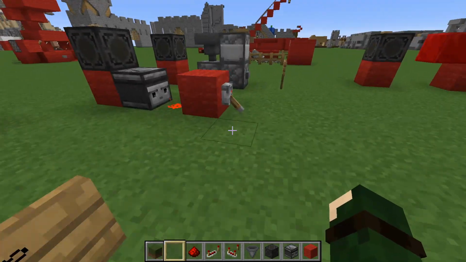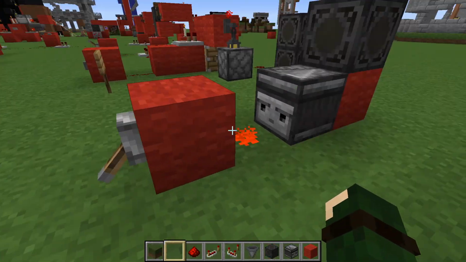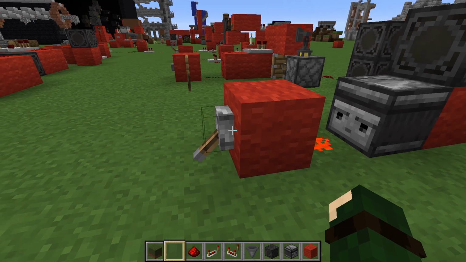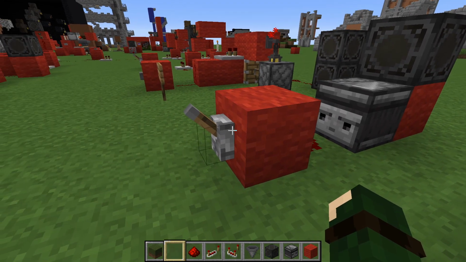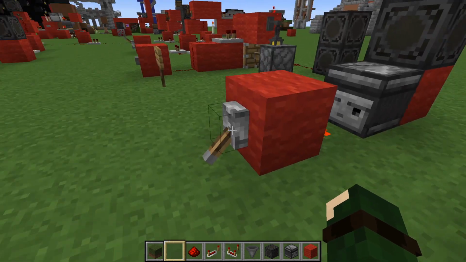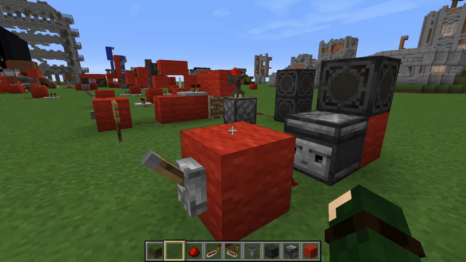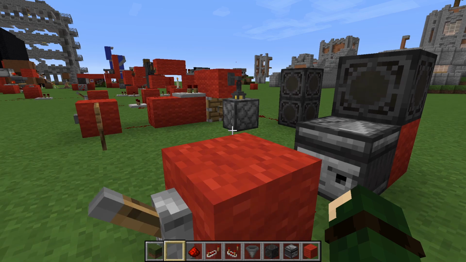Not on this one. Literally, you can leave the lever down and it's watching the redstone still, and when it sees the change of it unflipped, it does it again. So literally you could just use it once and then it's down, you could use it again. Oh, that's so helpful. So you don't have to reset the lever up and down.